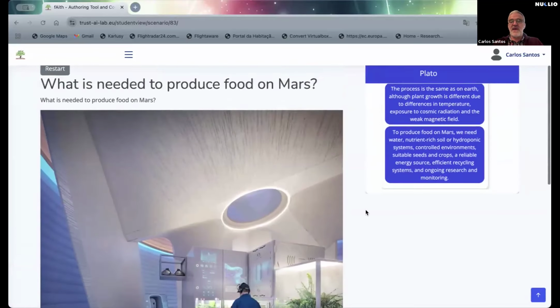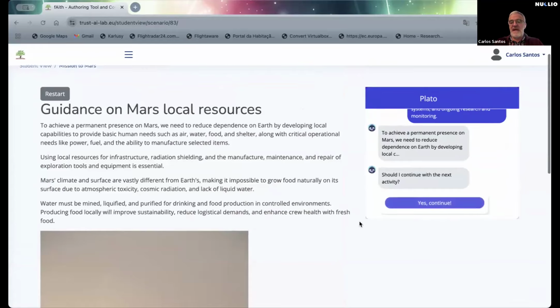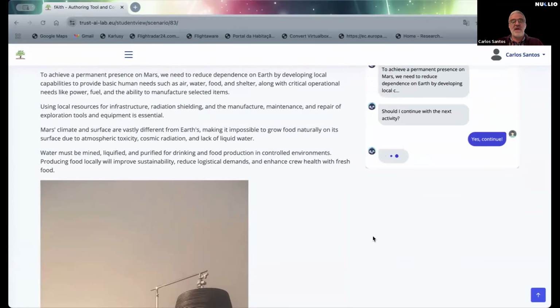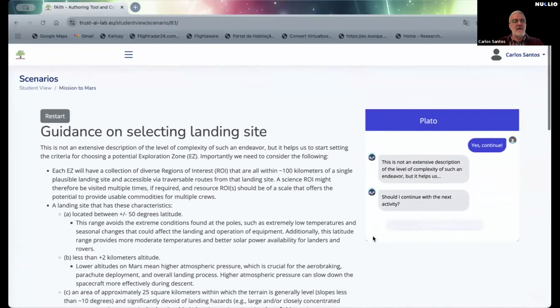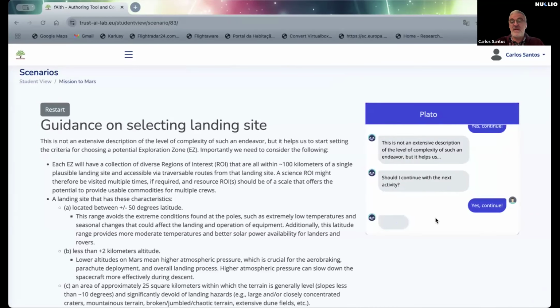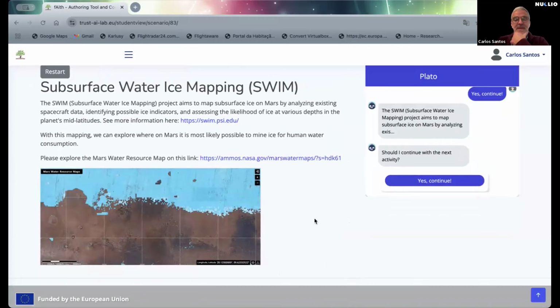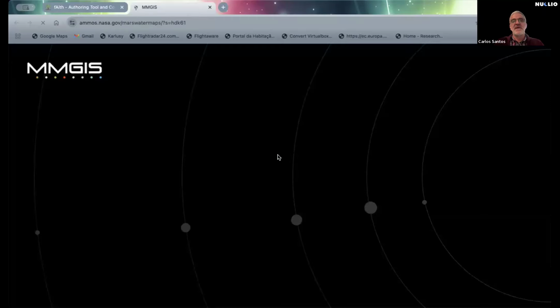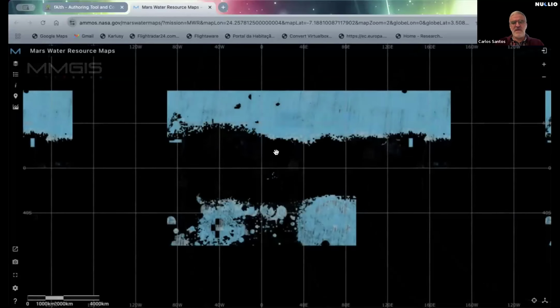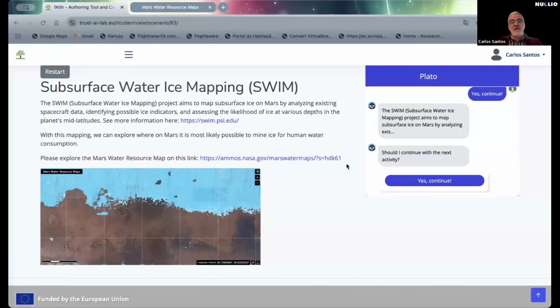Or in the case of this scenario, there's nothing like that, but there is, like I said, a link to an outside NASA tool that allows them to analyze real data from NASA, in this case for Mars. So it's like this. I don't know if the screen changed. It's the Mars water resource maps. Can you see it? Yes, we see it well. Okay, so just from here you click a link and you get to some place where you can